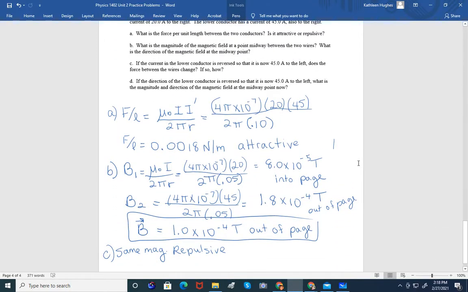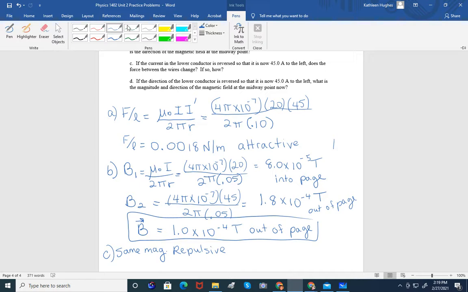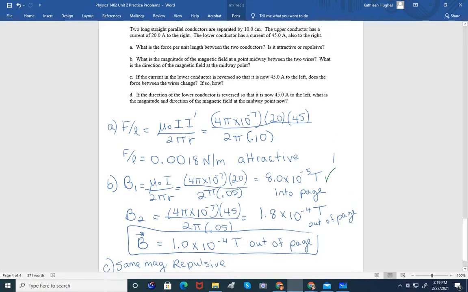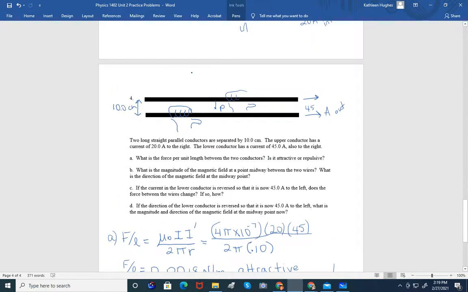D says, if the direction of the lower conductor is reversed so that it is now 45 amps to the left, what is the magnitude and direction of the magnetic field at the midway point? Okay, let's stop and think. It won't change anything about B1. B1 is still going to be 8 times 10 to the negative 5 into the page. But if I have the current going this way,